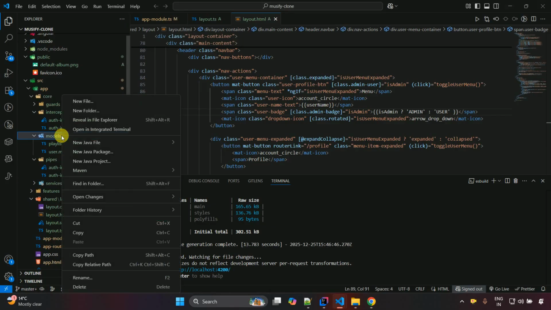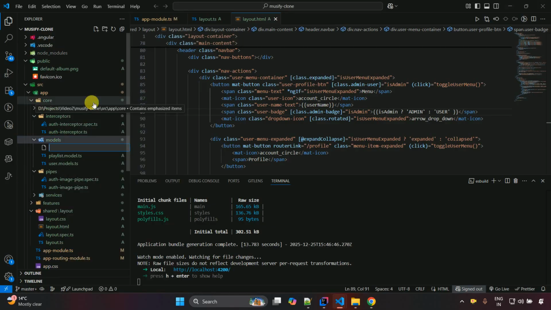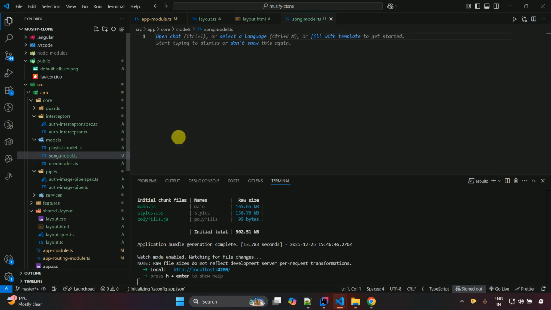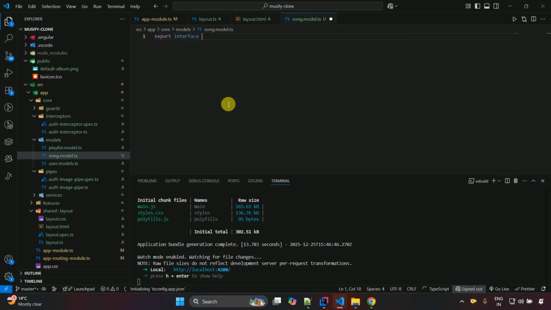Here we have to create a new file, and the file name will be song.model.ts. Press enter. So the song.model file is created. Now we have to create here export interface Song,